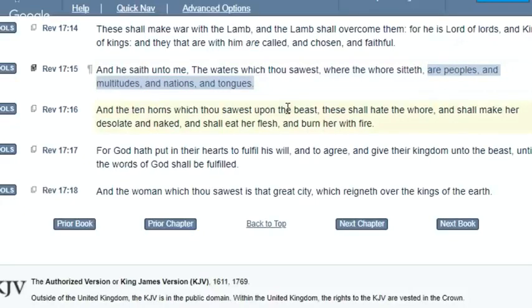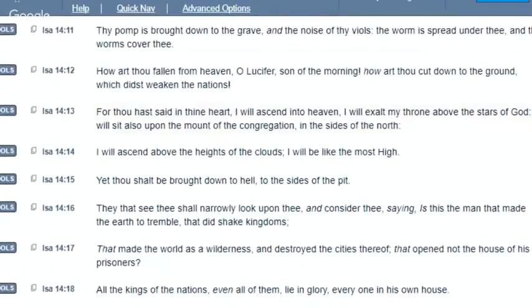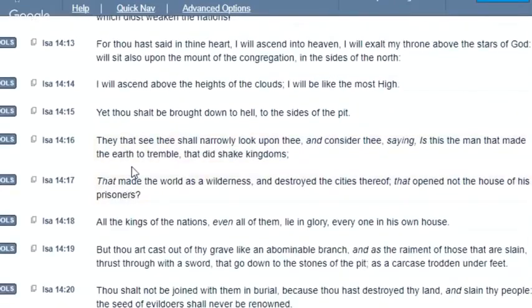So this is that great melting pot. Now there's another scripture, I believe it's in the book of Ezekiel, that is similar to this, but offhand I don't know how it's quoted, but it goes into the waters and the peoples and all that. All right. So this is where we get that term e pluribus unum from, or the great melting pot, which is America. And they're also sitting not just upon all the people here, but also upon the children of Israel, as it states here in Isaiah chapter 14 and